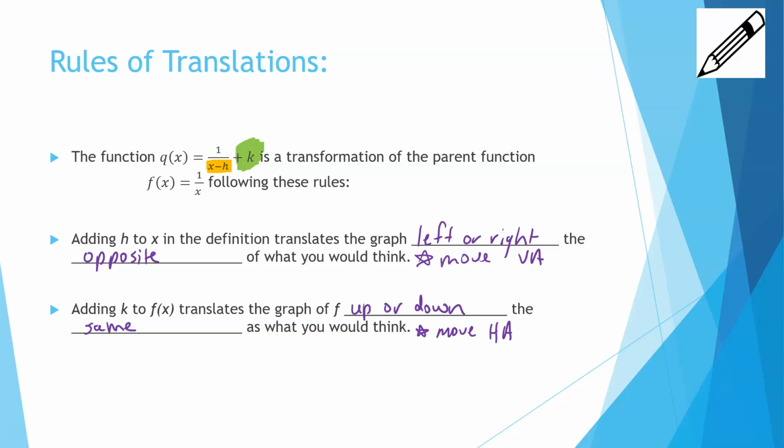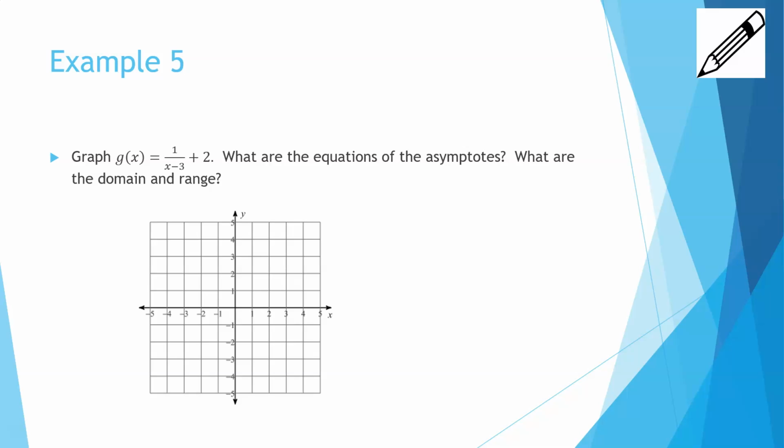So let's look at what we mean. Okay, so if I ask you to graph g of x equals 1 over x minus 3 plus 2, first ask yourself, what are the equations of the asymptotes? What's the domain and range? Draw on those asymptotes and then sketch the rest. Again,